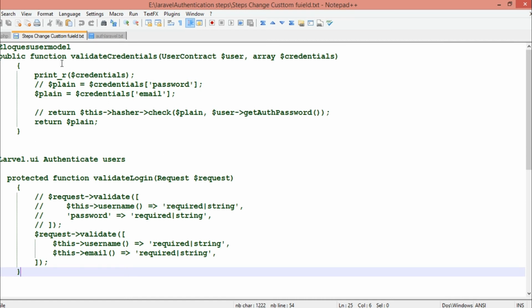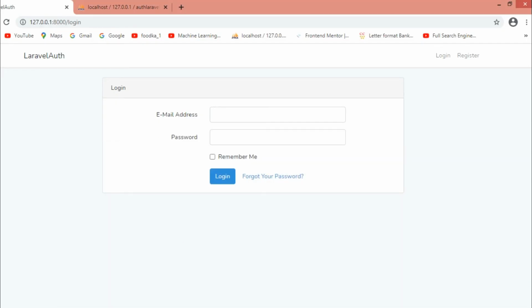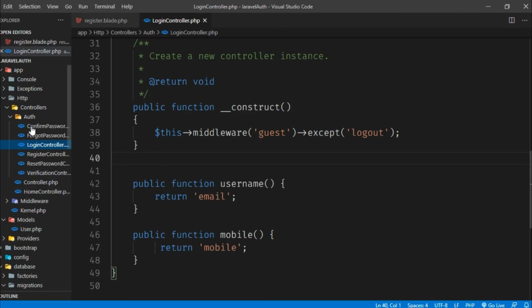So the first step is that we need to go to the Eloquent user model. We have to change this function, validate credentials. So let's go here.